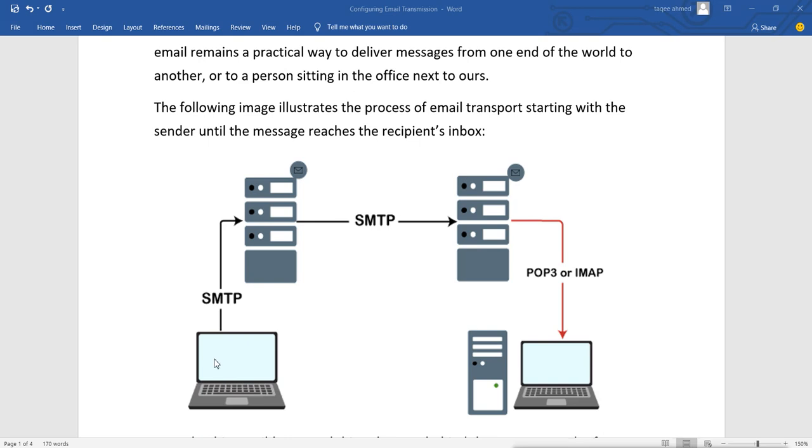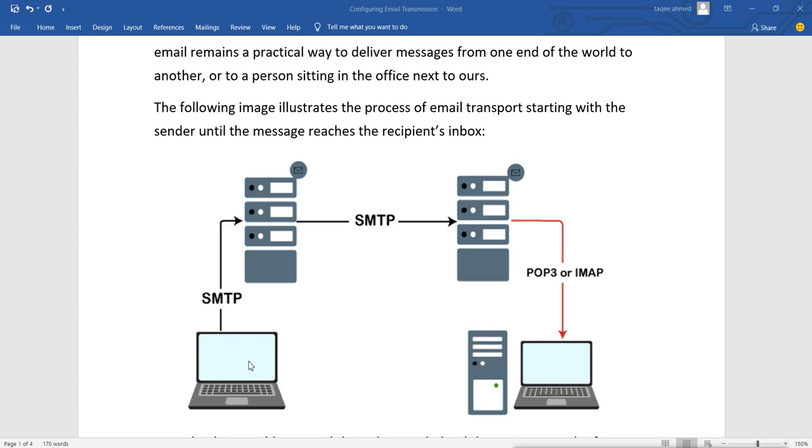For example, this client is sending the mail to somebody. We don't send the mail to a system, we send the mail to a particular user. So for example, user 1 is sending mail to user 2.